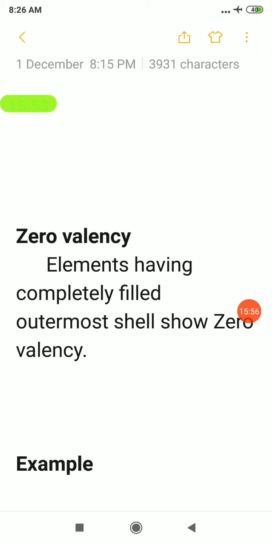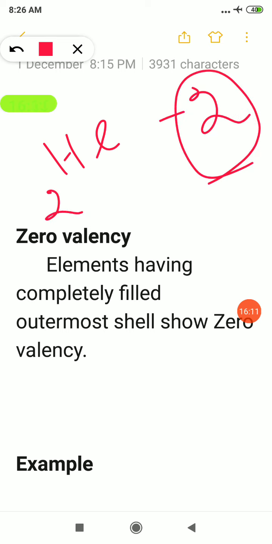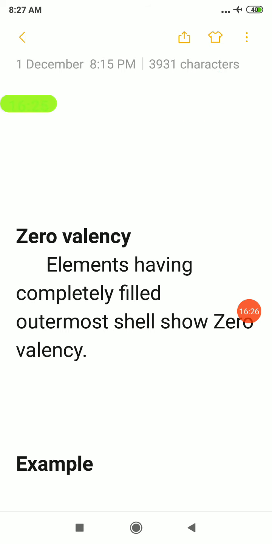Then we have to ask a question: why are they inert, why do they not involve in bonding? The answer for this question is they have completely filled electronic configuration. If you take helium, its atomic number is 2, so electronic configuration is 2. The first shell is completely filled, so it neither loses electrons nor gains electrons. First shell is completely filled, so it does not lose or gain electrons, so that it is not involved in chemical bonding. Similarly, if you take neon,